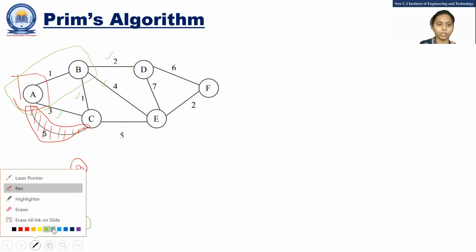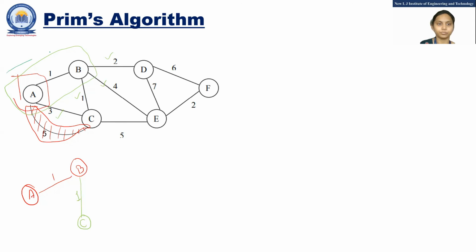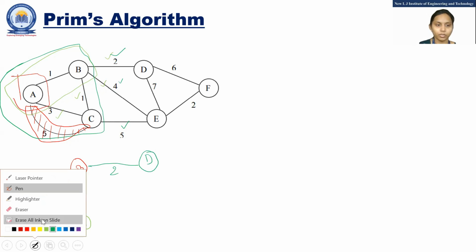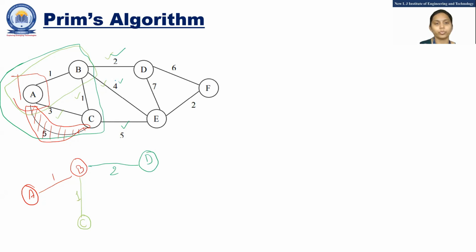Now let me redraw again. For this box, you just have to check how many edges are going outside of this dark green box. You will see 5, 4, and 2. Minimum is 2, so add this line 2. Now this is added.